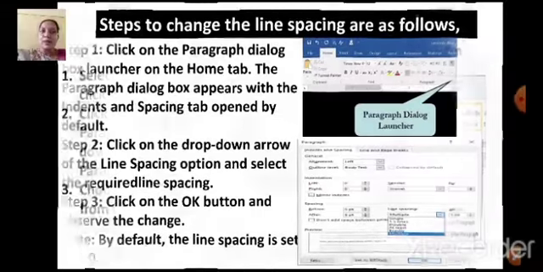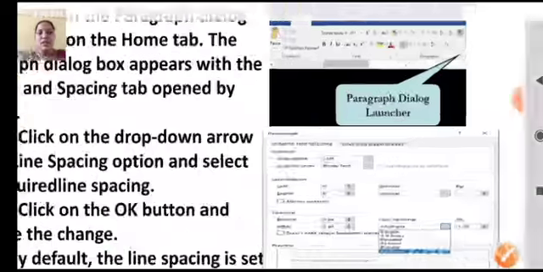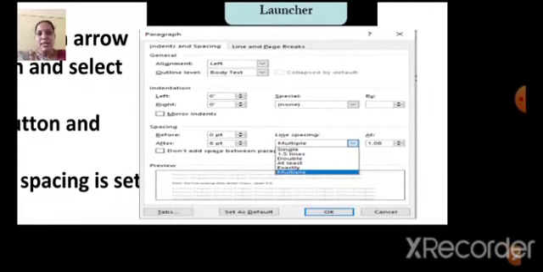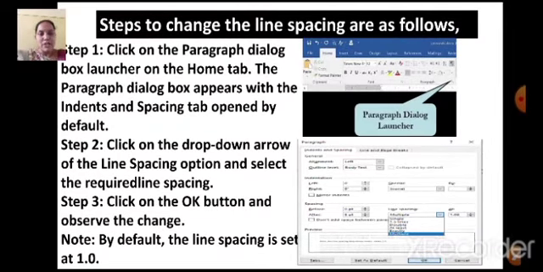We have another way to change the line spacing. After selecting the paragraph, we have to click on paragraph launcher dialog box, a small arrow next to the group name. If you click on that arrow mark next to paragraph group, you get paragraph dialog box. In that, you can choose any option which is available in line spacing. Here you can see under the line spacing option, we have different points and different spaces. That which is required for our lines, we can use. So this is another way to change the line spacing.